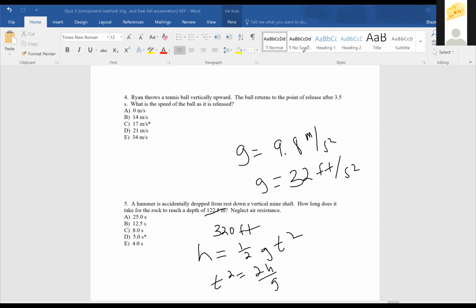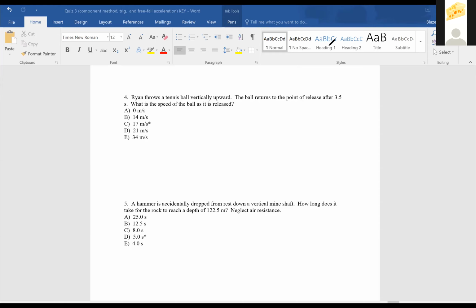Okay. So in this problem, of course, it says you throw the ball up, it goes up, and it returns after 3.5 seconds, which means it goes up for half of that. And it comes down for the other half. When it comes down, it also comes down at a time of 3.5 divided by 2 seconds. So the speed for anything that's falling, with initial speed being